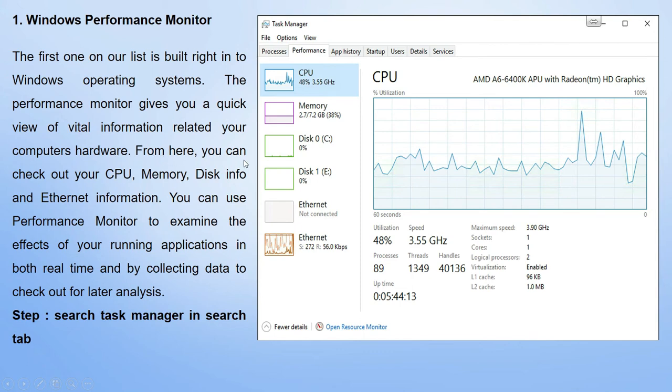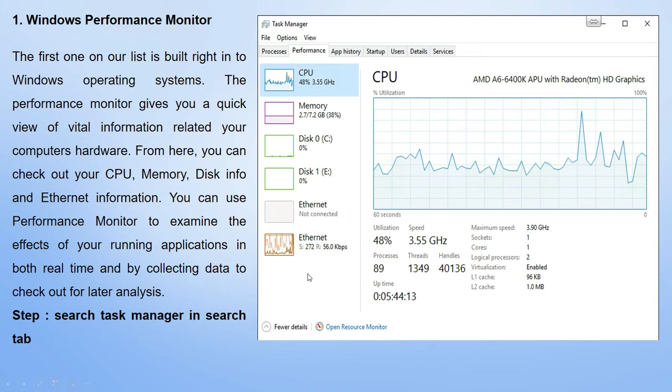From here we can check out our CPU, memory, disk information and Ethernet information, and we can use Performance Monitor to examine the effect of our running applications both in real time and by collecting the data to check later for analysis.